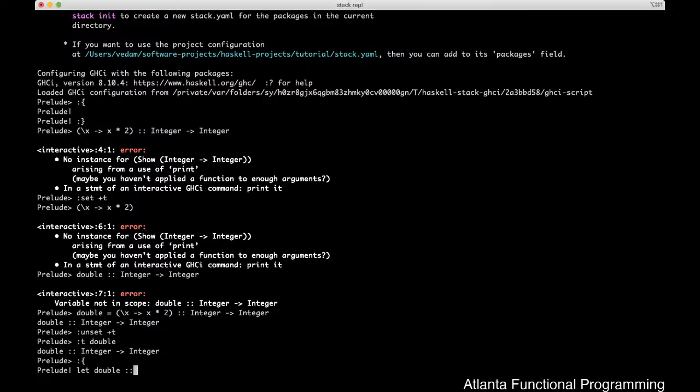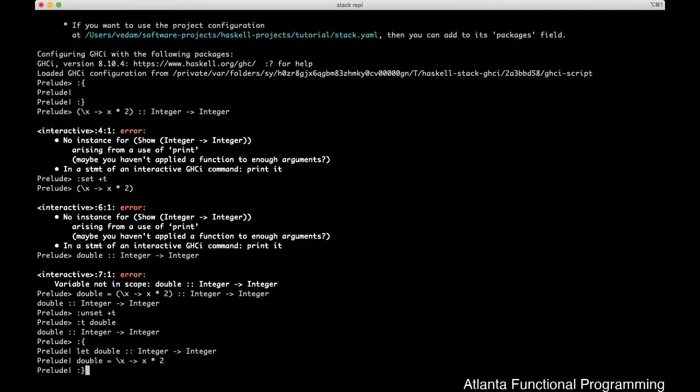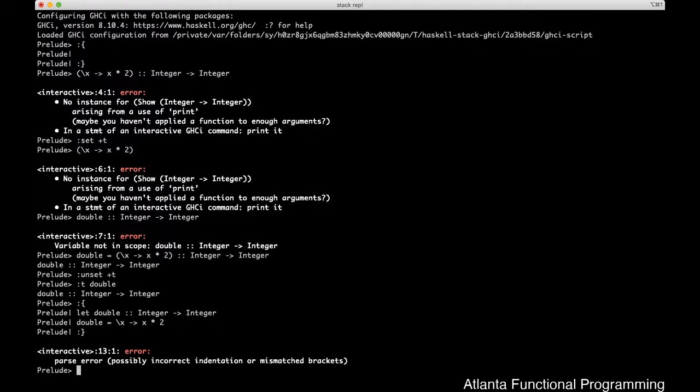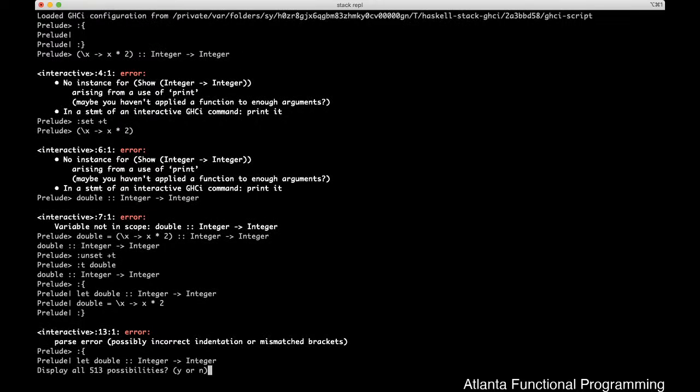You can write let double equals the following syntax, and double equals x arrow x times 2, and you can close it, and it is going to throw, oh, my apologies, I messed up the indentation. I have to keep the indentation all correct. Let double, colon, integer, arrow, integer, and now